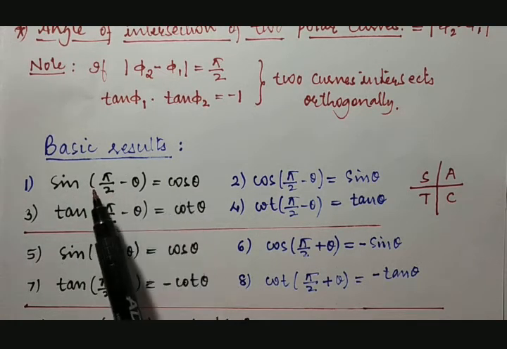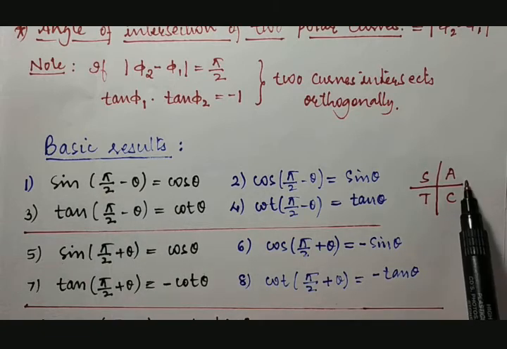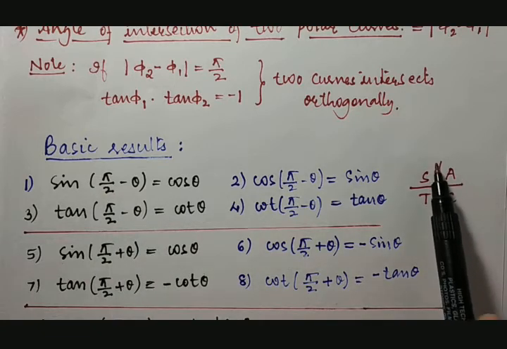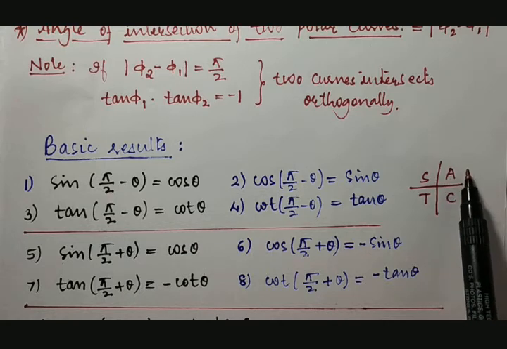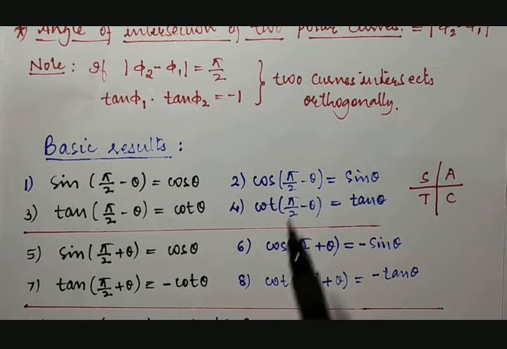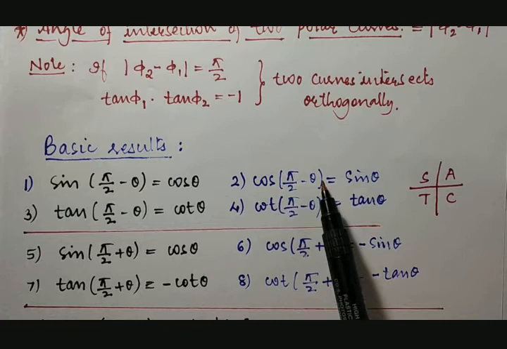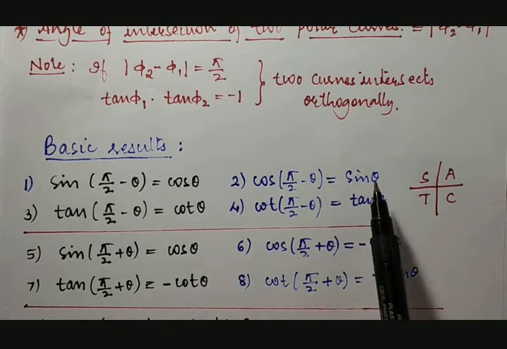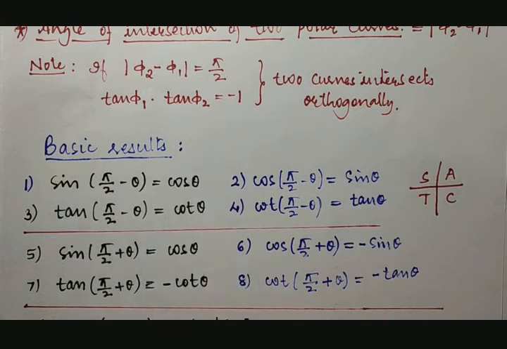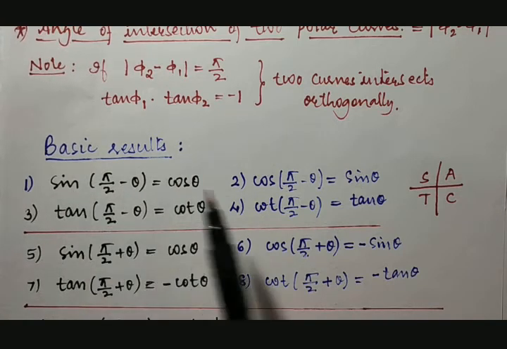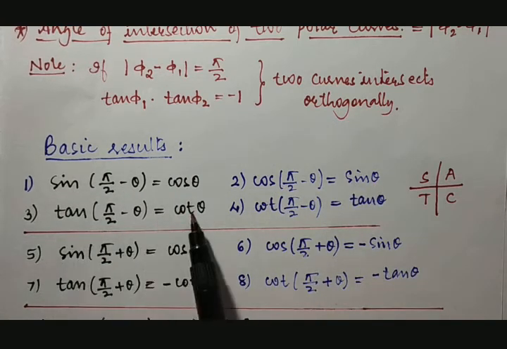Now the question is positive or negative. Sine 90 minus theta means from 90 degree, minus means it stays back in previous quadrant where all are positive, so it is positive. Cos 90 minus theta, same thing, 90 minus theta means all will be positive and they'll turn into cotrigonometric ratios like sine into cos, cos into sine, tan into cot, cot into tan.